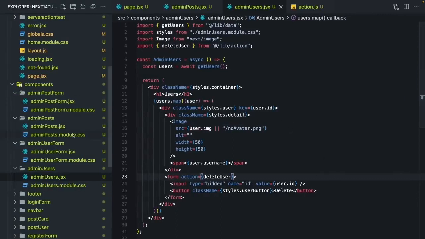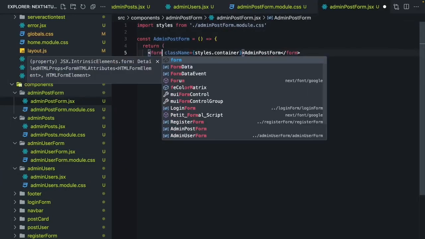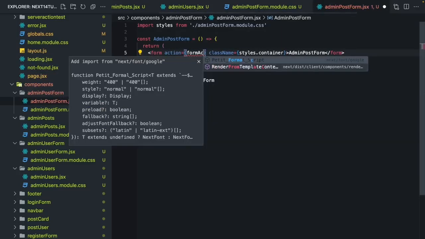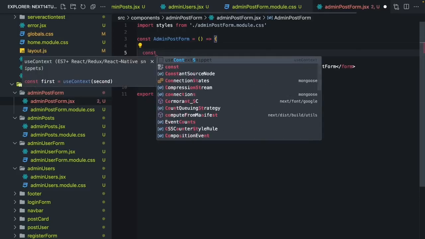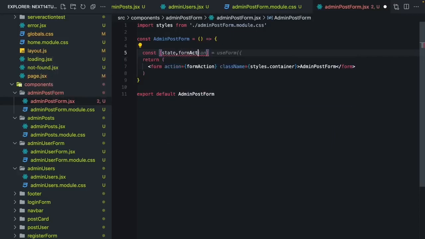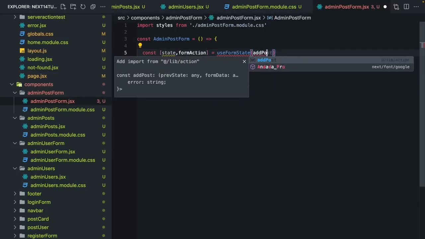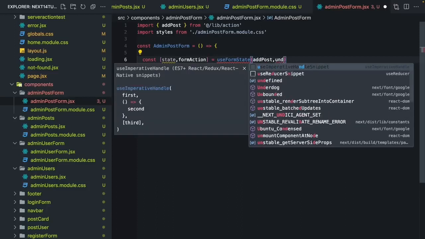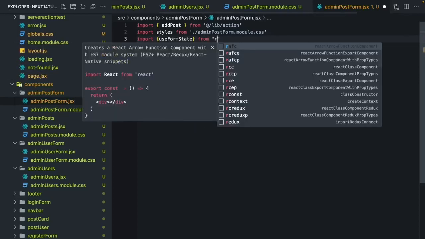And let's create our post form. So let's make this a form element, and the action will be, let's say, form action, because we are going to be using use form state hook. Remember how we are doing this. Const state form action use form state hook. We are going to call our action, which is add post, and the state will be undefined. Let's import this from React DOM,